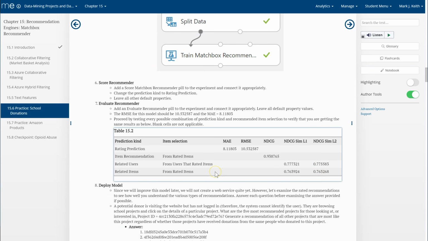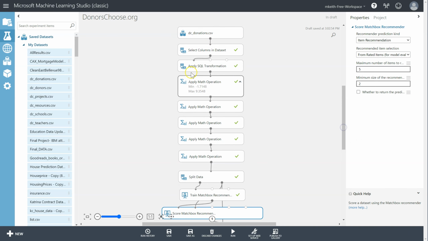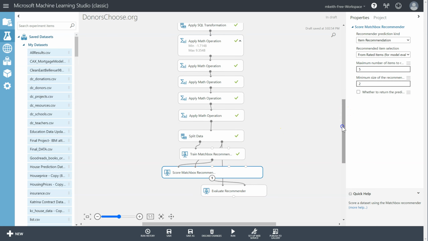Okay, so let's see. Look, that took, what was it, 1, 2, 3, 4, 5, 6 pills just to get the data in the right format. This is not uncommon when doing these recommenders. It takes some time to get that data the way we want. But what I want to do is have you also just test and learn how some of these different prediction